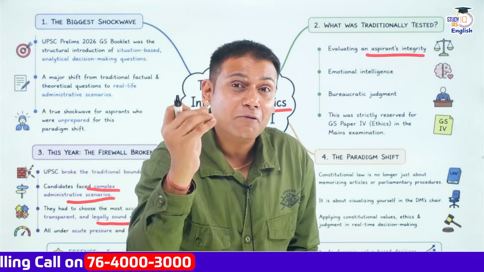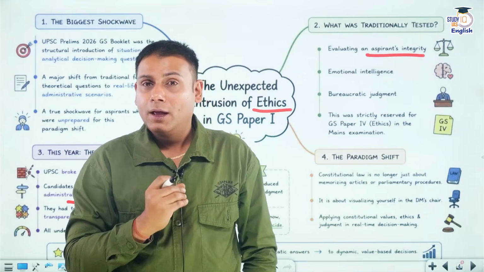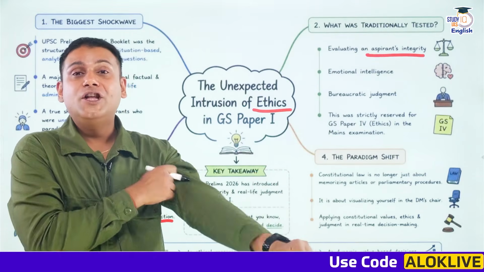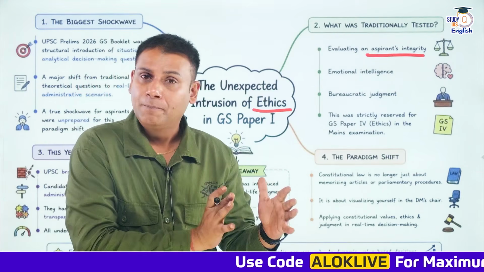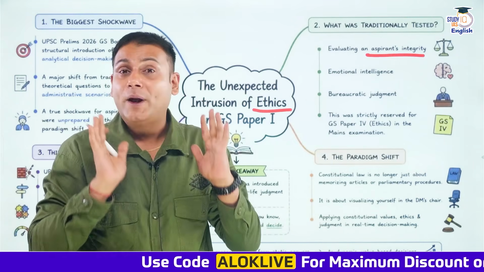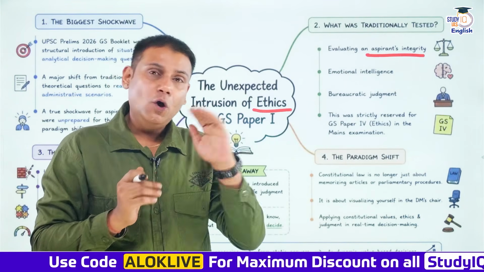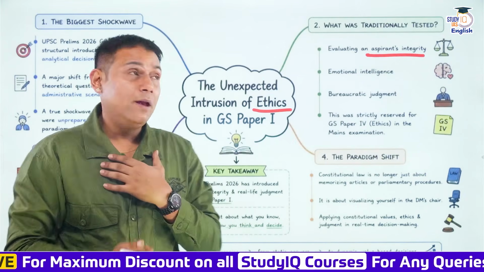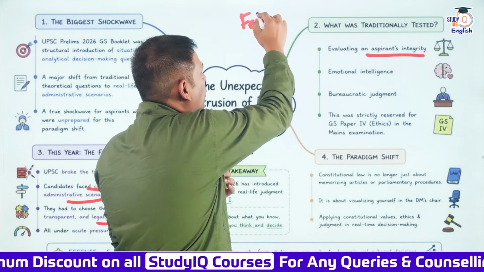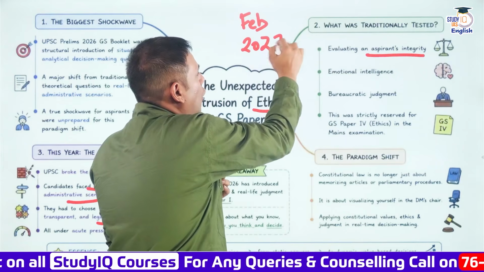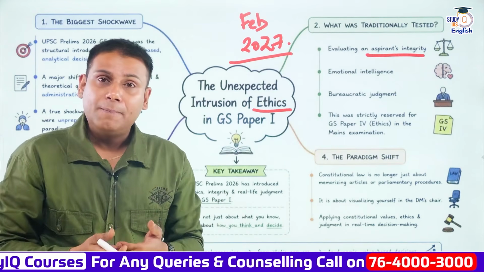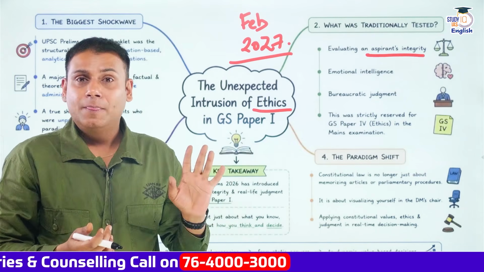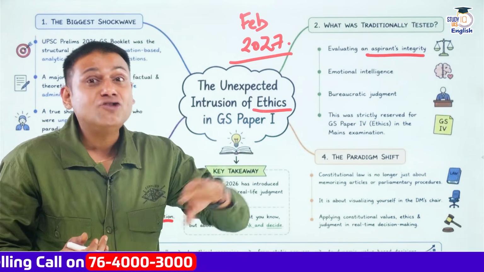Suppose you are aspiring for 2027, okay, it's my personal opinion, and what I have observed going through the paper of prelims 2026. Now, your examination would be in May 2027. So in my personal opinion, by February 2027, your optional should be completed. Apart from this, your mains reading should be completed at least once,